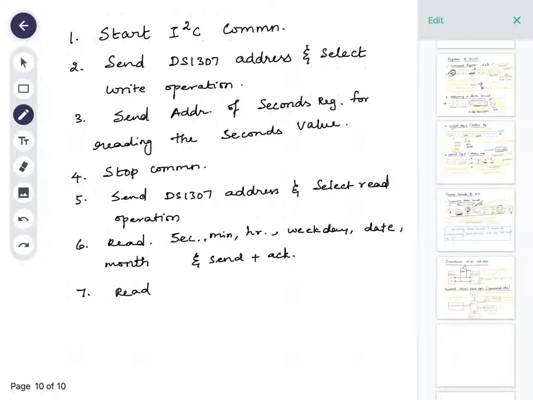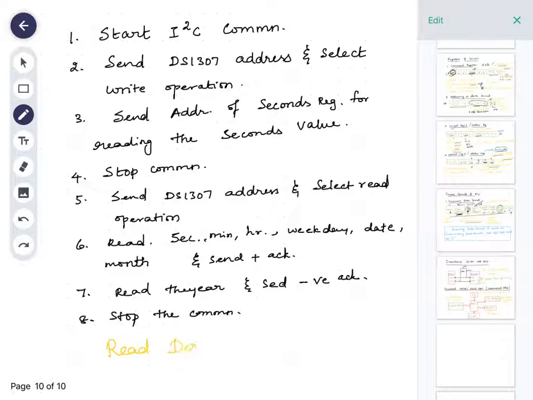Then read the year and send negative acknowledgement. Stop the communication. These are all the steps involved to read date and time from an RTC device.